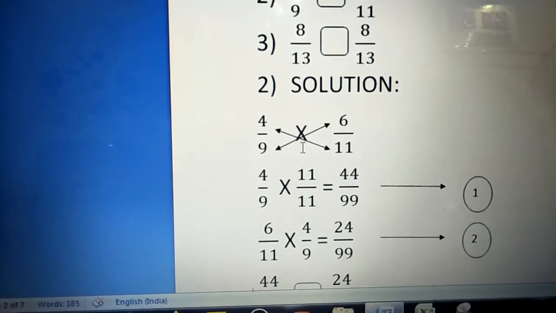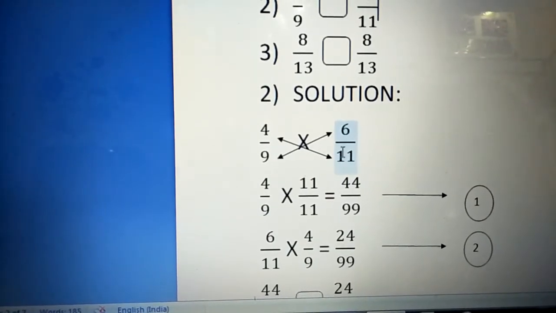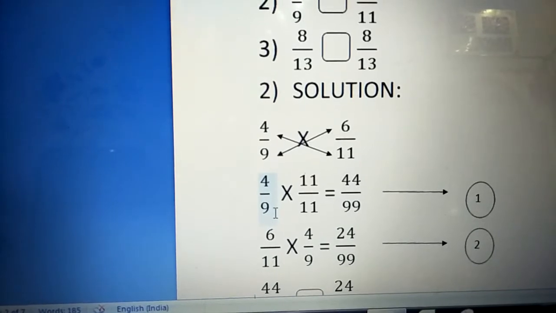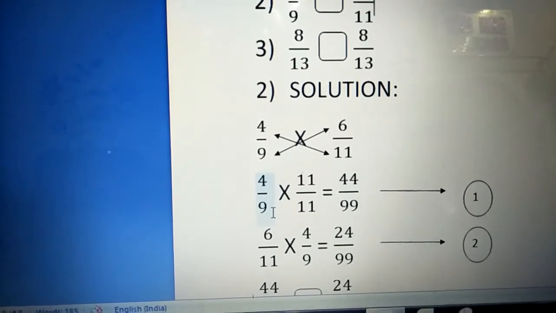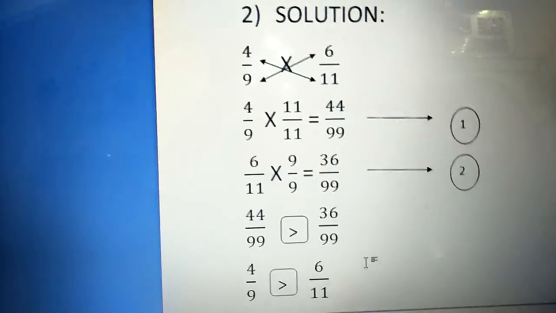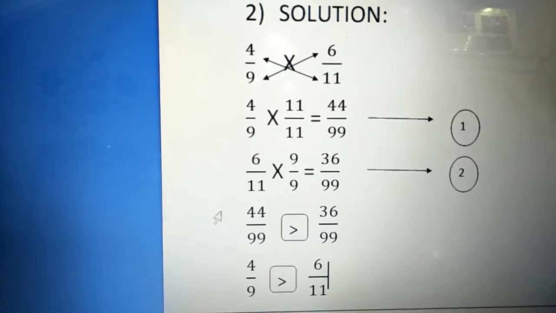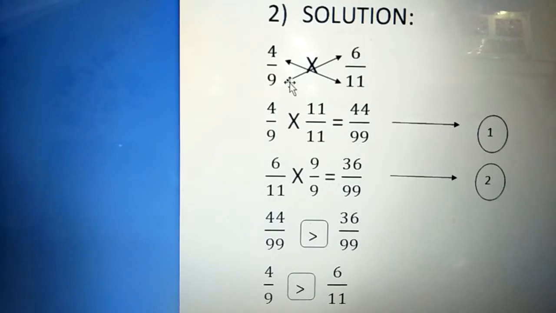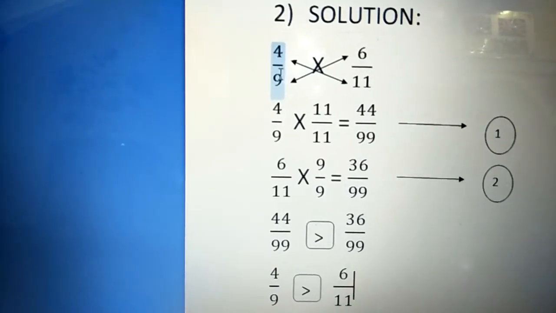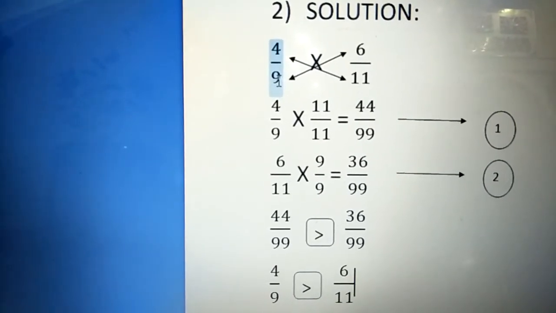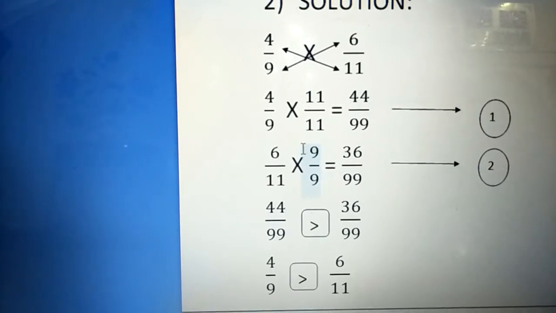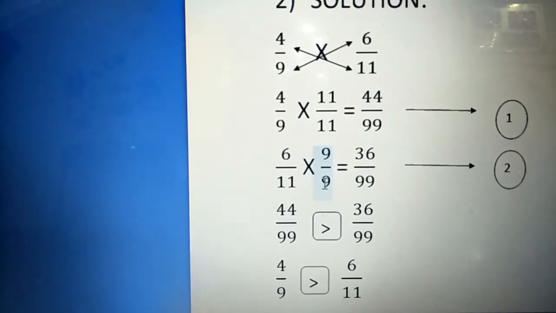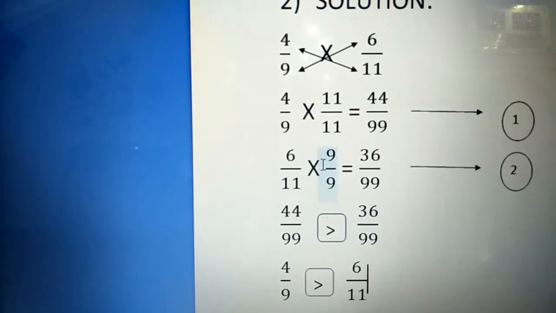Then I take the second fraction 6 divided by 11, children. That one I have to multiply by 9, because the first fraction's denominator is 9. So that 9 I have to multiply into both the numerator as well as the denominator. So 6 9s are